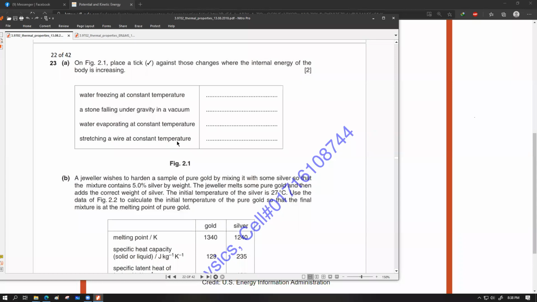So intermolecular spacing has to be increased, and that's what will increase the potential energy. Or in a different way you can think that we have to do some permanent deformation work. So we have to physically displace some molecules within the object from the original position to another position. That movement would require some work done, so that has to be fed from the outside. So internal energy increases as well. So there should be two ticks over here and over here.